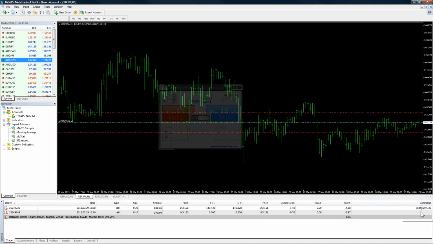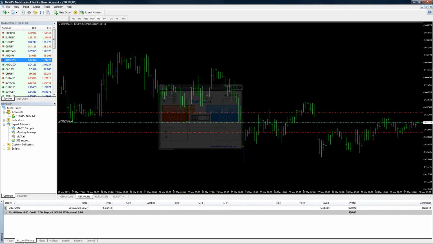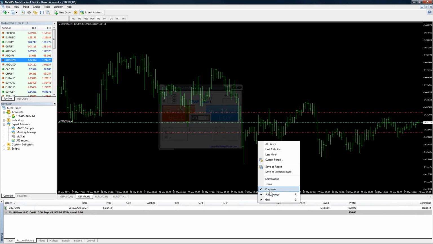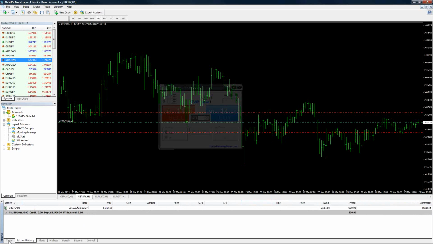You can tell in the bottom right-hand side here we've got comments enabled. Once again, we get that by right-clicking on that bar in the terminal where that says Order. If you're under Trade, across that bar, just clicking on it anywhere and clicking a check mark on comments, and that's going to get you your comments.